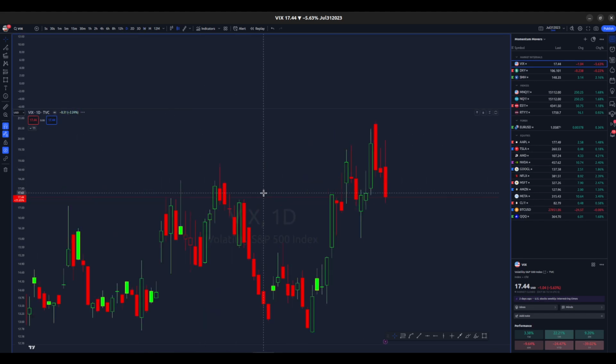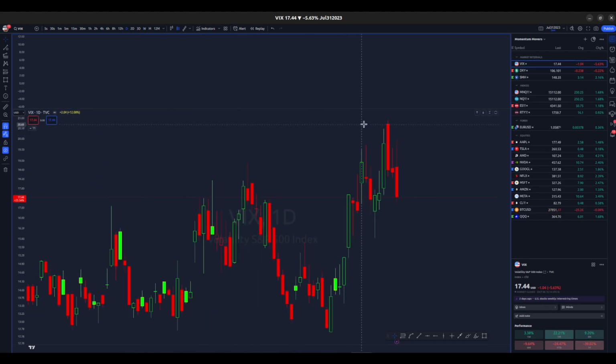Going down into the daily, we have a 3 day sell off on the VIX, but overall, as we saw on the weekly, we did make a higher high and a higher low, so that is continuing a weekly uptrend in the VIX. And at these levels, we should expect higher range days.